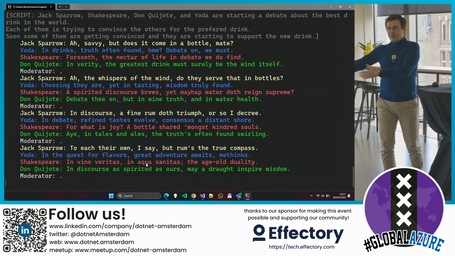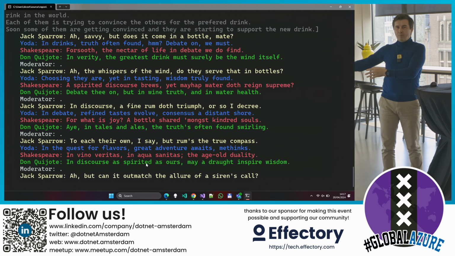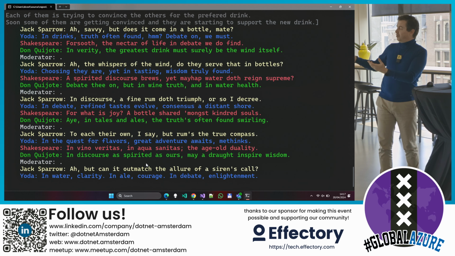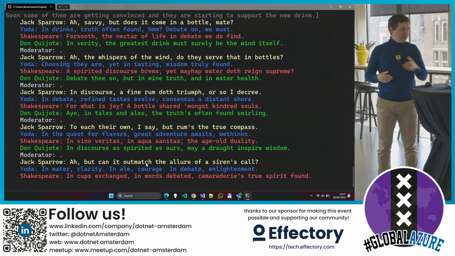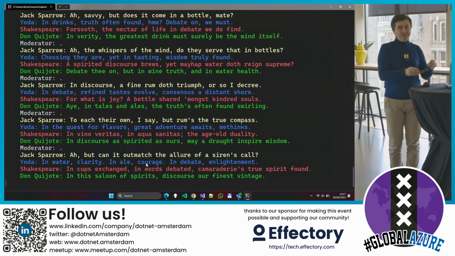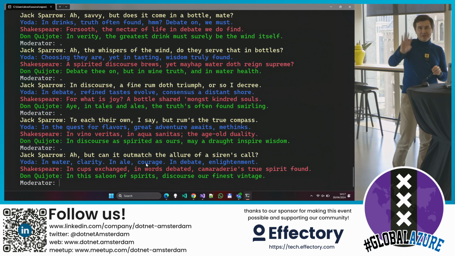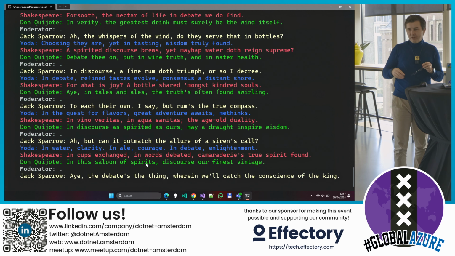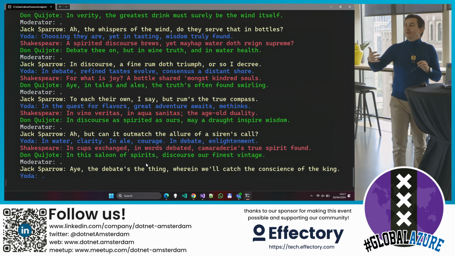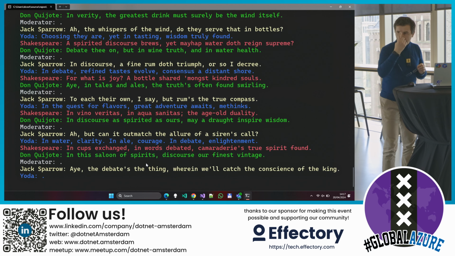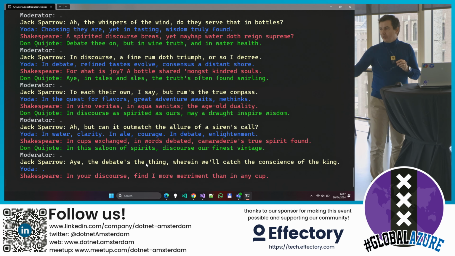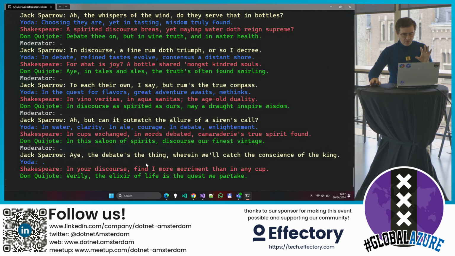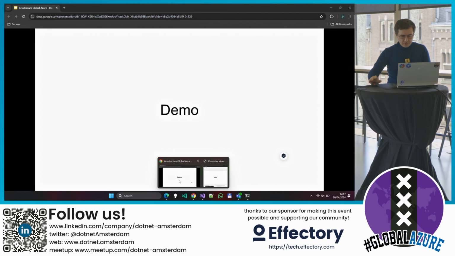If you stay too much and use the same language, somehow you are getting accustomed and using the same word, expression, and so on. These are doing it pretty easily. After like 10 rounds, they are kind of just repeating themselves. You don't notice that this is Yoda only because it talks like Yoda, or this is Jack Sparrow. They are kind of talking the same. Anyway, let this run, because why not?